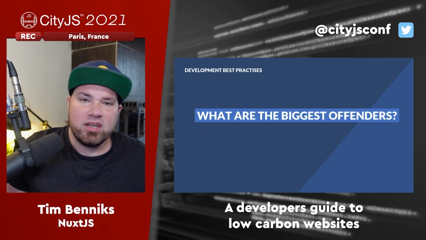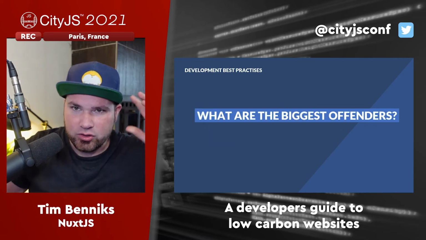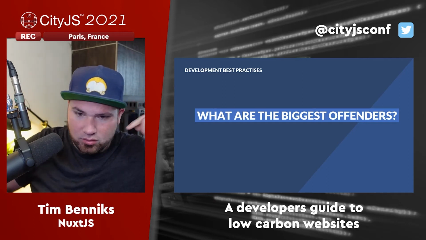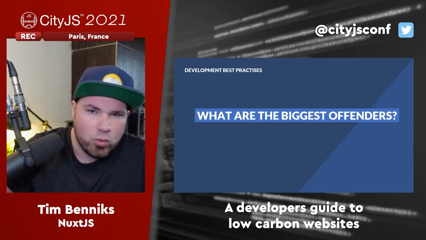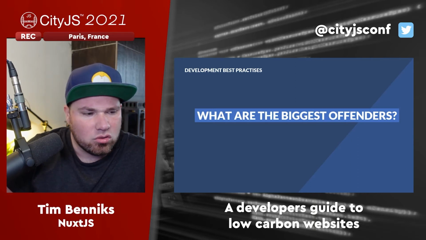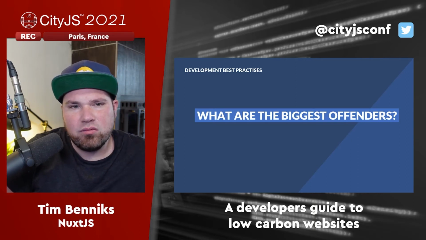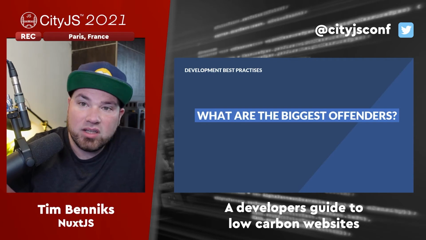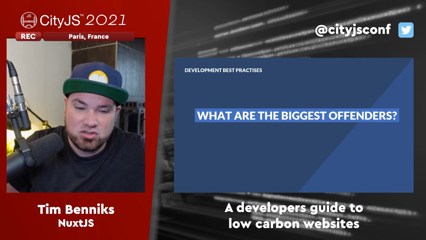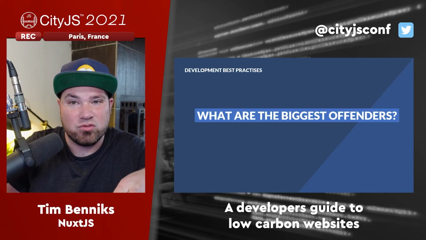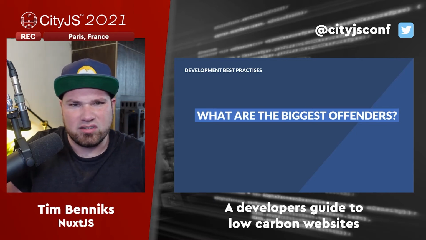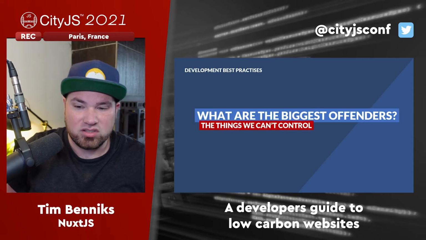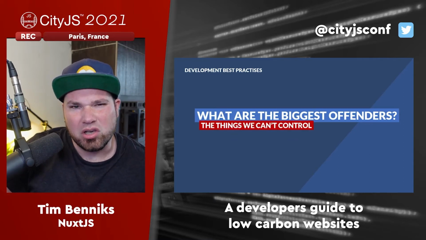So what are the biggest offenders here? And I already hear your brains going and spinning, like, oh yeah, it's probably observer things, or scroll behavior and listeners and things like that. You know what? I wish it was that easy, because those things are relatively simple for us devs to actually go into and change, those scroll listeners and things like that. But you know what? The biggest offenders are actually the things we cannot really control a lot.